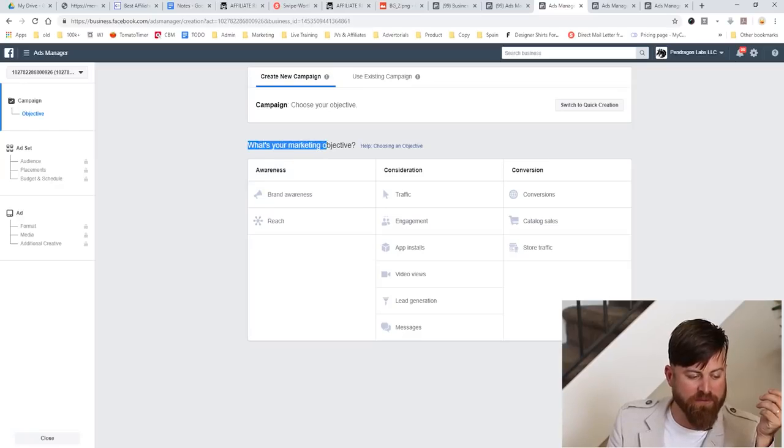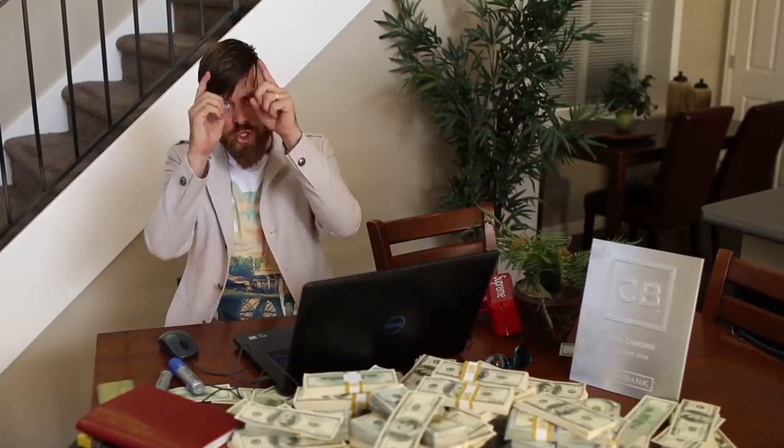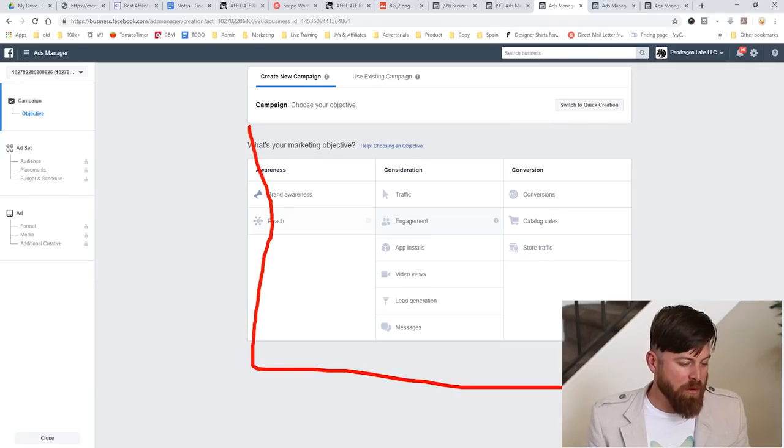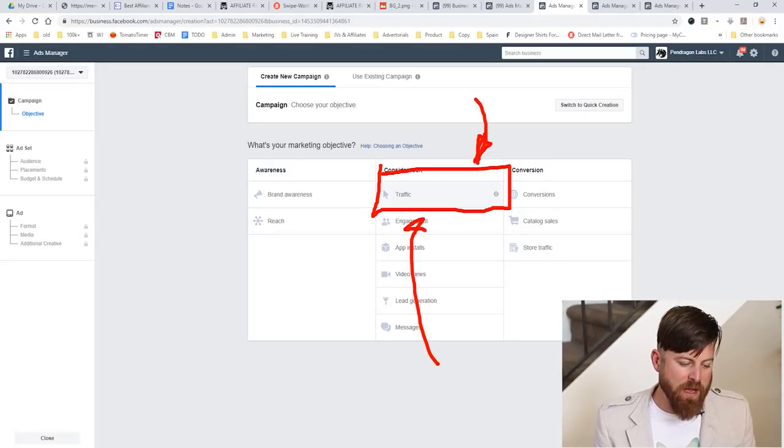Now there's a ton of different, this is where most people get lost because there's about 10 different objectives that you can choose from. And most people get overwhelmed by options, but you aren't, my dear jet setters, because we're gonna go over what the best way to set up is for making money and getting leads or sales to your business. Okay, so our marketing objective is very simple. I always start with the most basic one, which is traffic. Okay, so I suggest you do traffic as well.